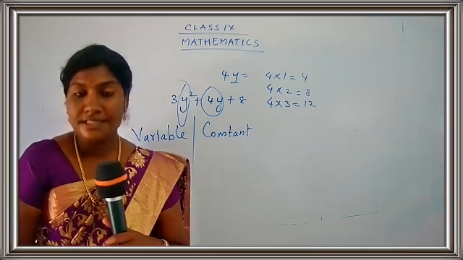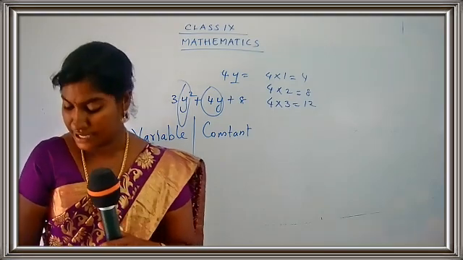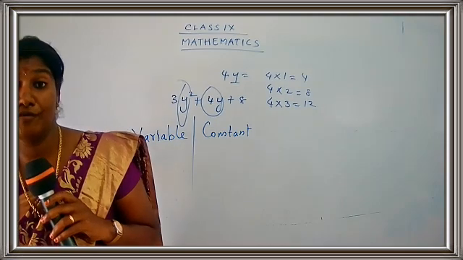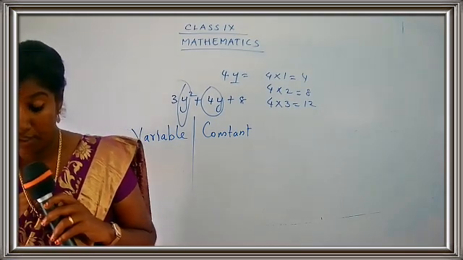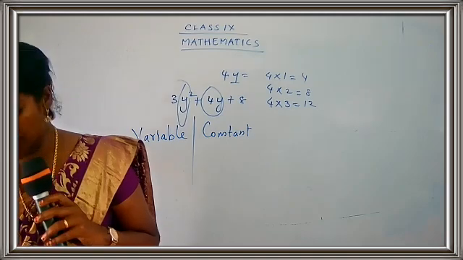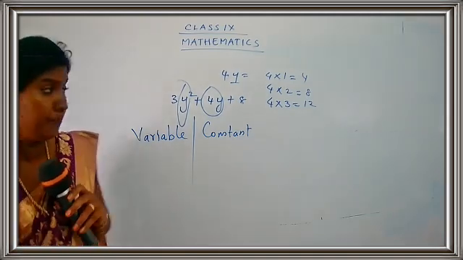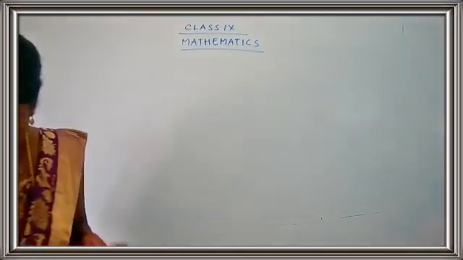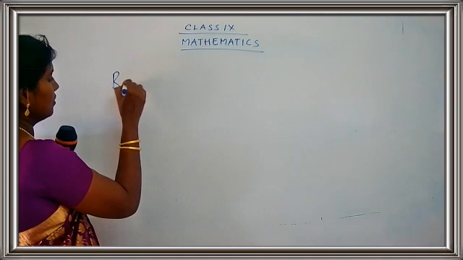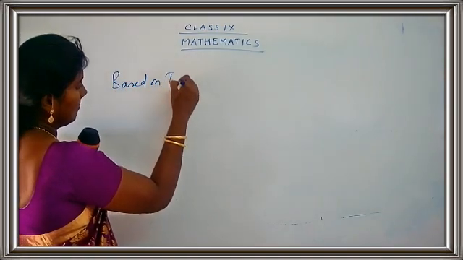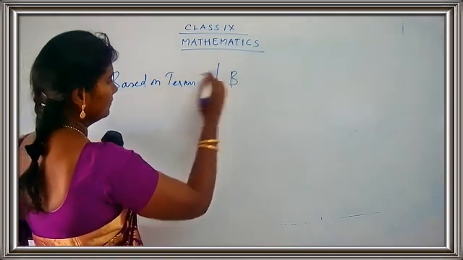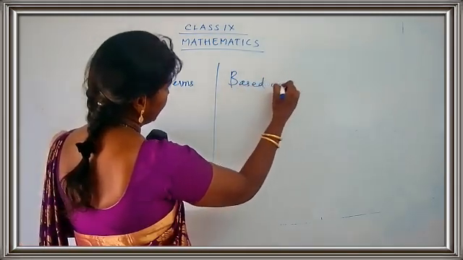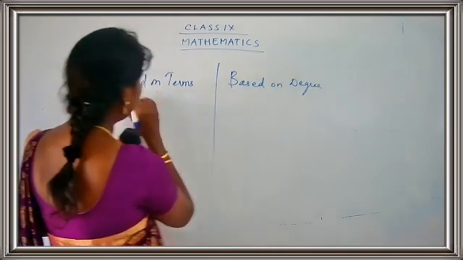And also we have seen some of the different types of polynomials. We had totally 7 types of polynomials. 3 were based on the number of terms and 4 were based on the degree. So based on the terms you have 3. What were they? So, based on terms and based on degree. What were based on terms?